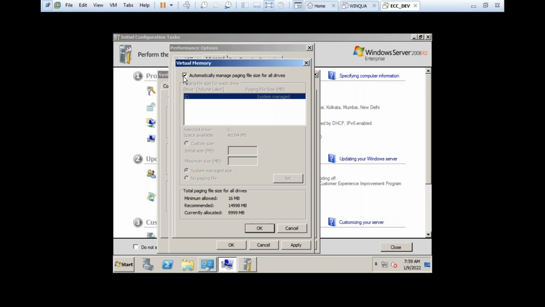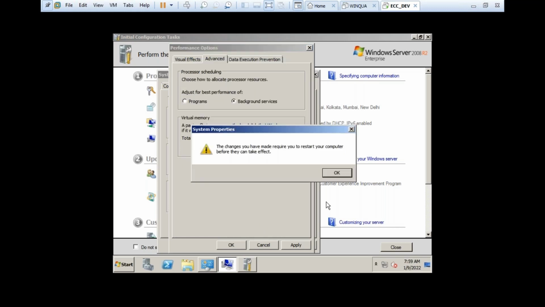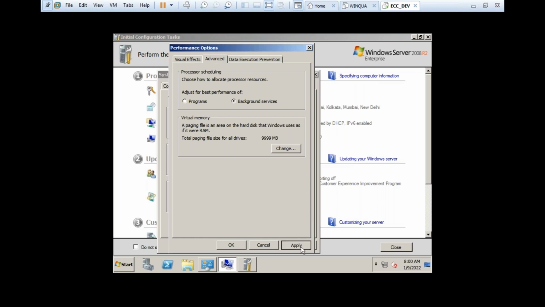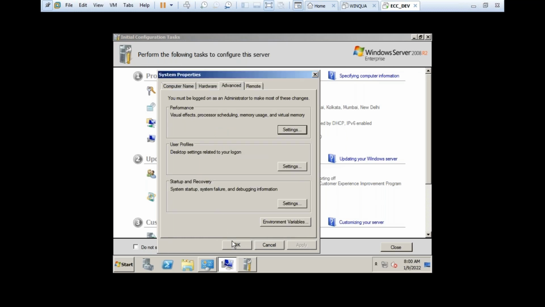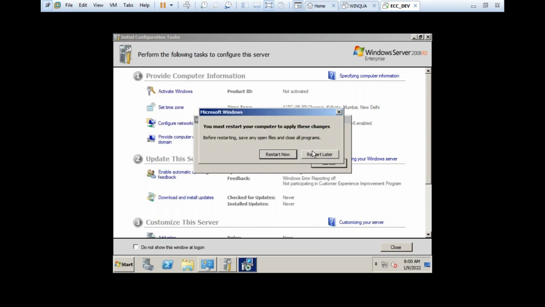The system will take it automatically, but if you want to specify it manually, you can specify 10 GB. This is the first step you have to set. Apply.